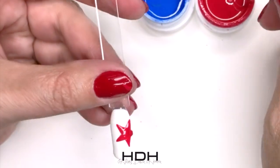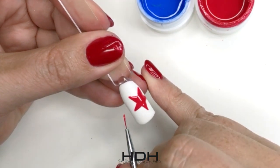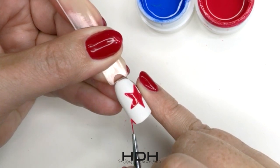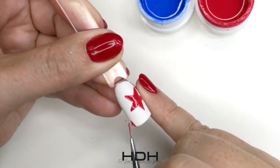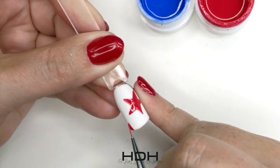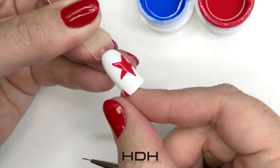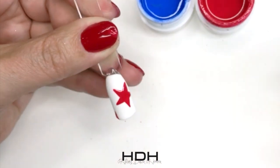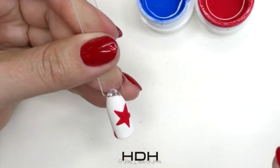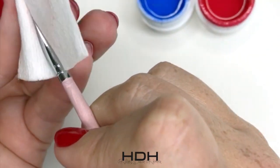Before I switch to blue, I wanna make it almost like a couple stars. Like the blue is gonna come over here and probably down here. So I'm probably gonna put a point here, like a star's falling off the nail. And fill it in. So that helps. Oh, there's a fuzzy out to ruin our look. Okay. So I'll probably do blue, blue, blue. So that'll be good. So now I'm gonna clean off the color,